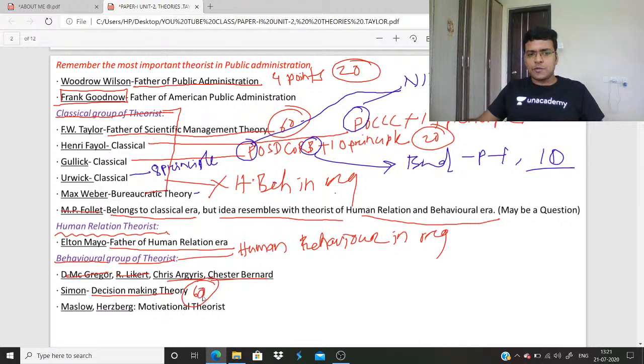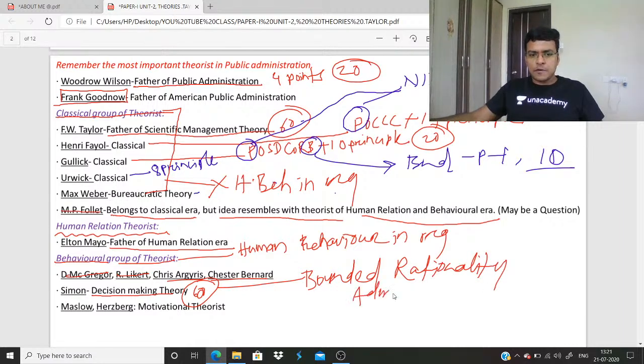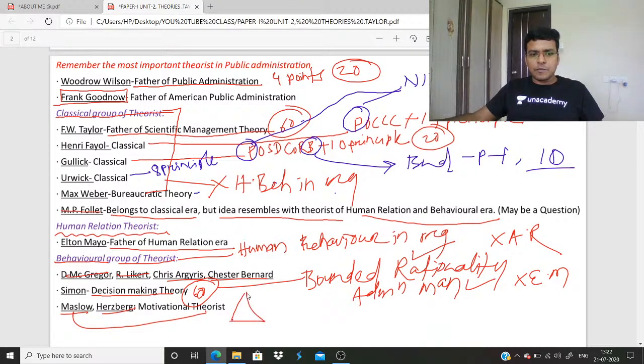Simon, decision making theorist. It is a 60 marker question. Simon, the concept of bounded rationality, administrative man. Just remember, Simon also criticized the classical theorists. Simon's idea is bounded rationality, rejecting the classical theorists' absolute rationality, rejecting the classical theorists' economic man. He gives the concept of bounded rationality, administrative man. After that, Maslow and Herzberg, motivational theorists. Maslow, you can remember with this pyramid. Very simple. Maslow, Herzberg,